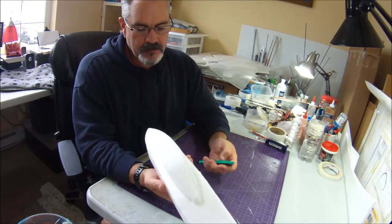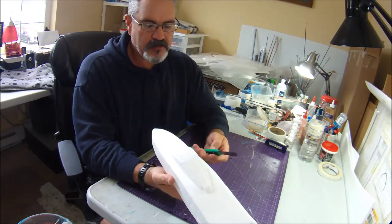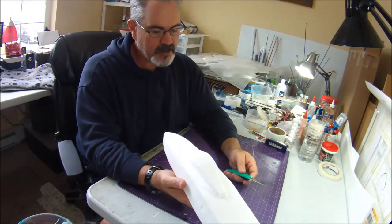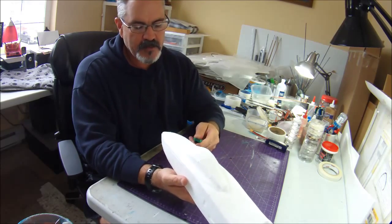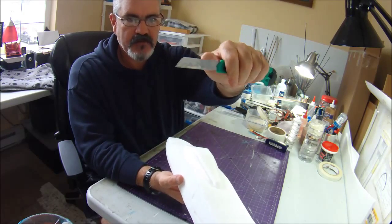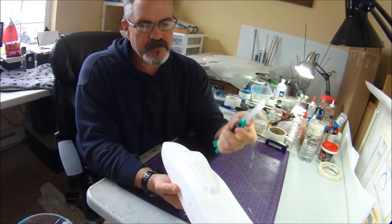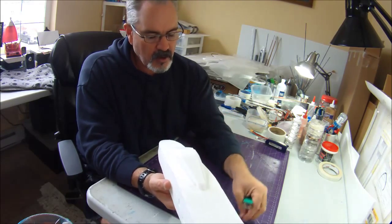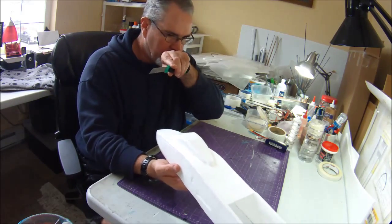Again, key things to remember: always use very gentle pressure on the knife. If you get in a situation where you do have to pull it towards yourself, just be very gentle. If you find your knife bogging down, back it off a little bit, move to a different section on the blade. That's why it's nice to have these long blades. Sometimes the blade might be catching for a reason if there's glue or something else built up on it. And always, when in doubt, if you feel like you're starting to tear the foam, then maybe your blade